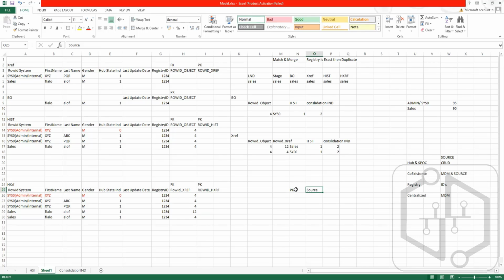So suppose I'm getting a record for a party from 4 different sources. Then this P key should be the same across all the 4 sources. Right? Is that right? No, it's not necessary. So it will be different. So for A, B, C, and D we have to define it. So in A, your registry ID